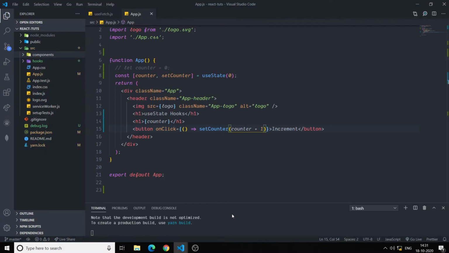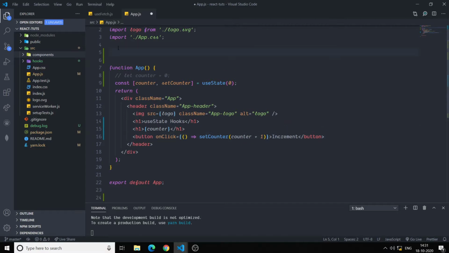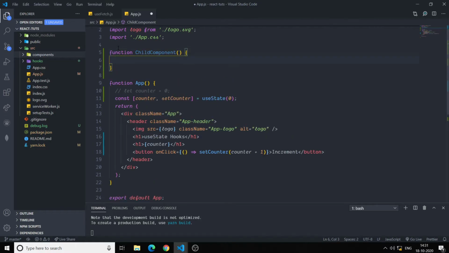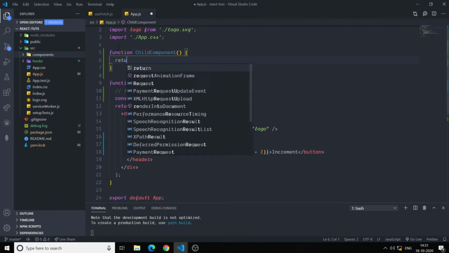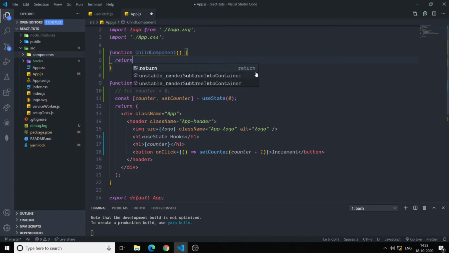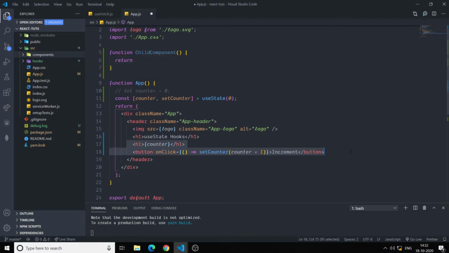Now we will see how we can pass this state down to a component and trigger events from the child component that can update the parent component. So I will create a simple new functional component, a function ChildComponent, and it just returns both of these.